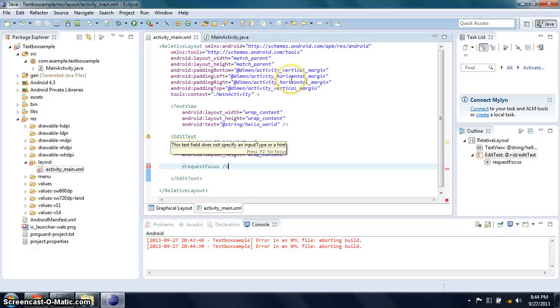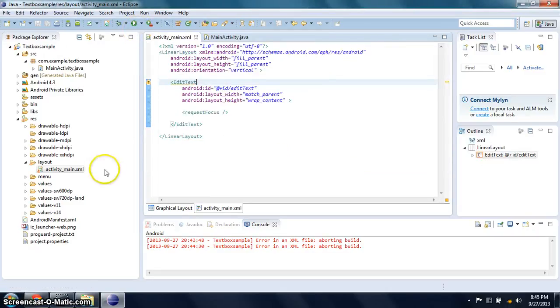I have just deleted these codes. I have already downloaded an example of code.